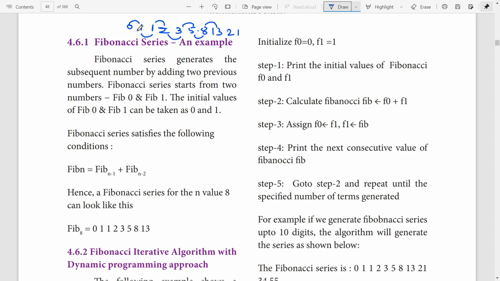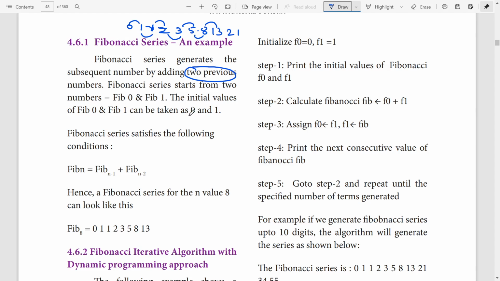So we add each number with the previous element. The Fibonacci series generates the subsequent number by adding the two previous numbers. The Fibonacci series starts from two numbers, fib 0 and fib 1.